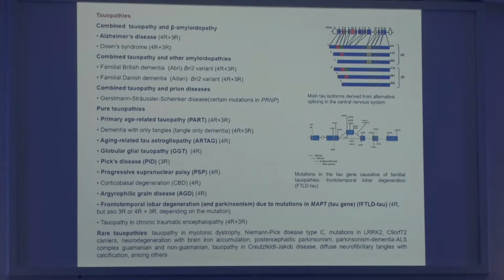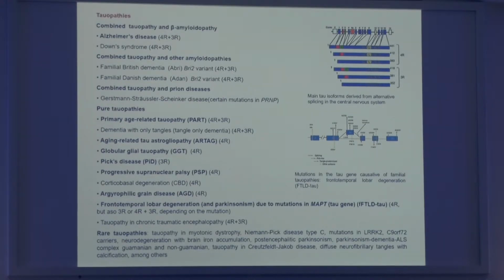Regarding tauopathies, in which our study has been centered, we know that there are many different tauopathies. The best known is Alzheimer disease. This is a 4R, 3R tauopathy, but there are many other tauopathies in which there are deposits in neurons and glial cells, and the main abnormalities are based on the deposition of 4R or 3R tau. Among them, we know Alzheimer disease. We also are going to study